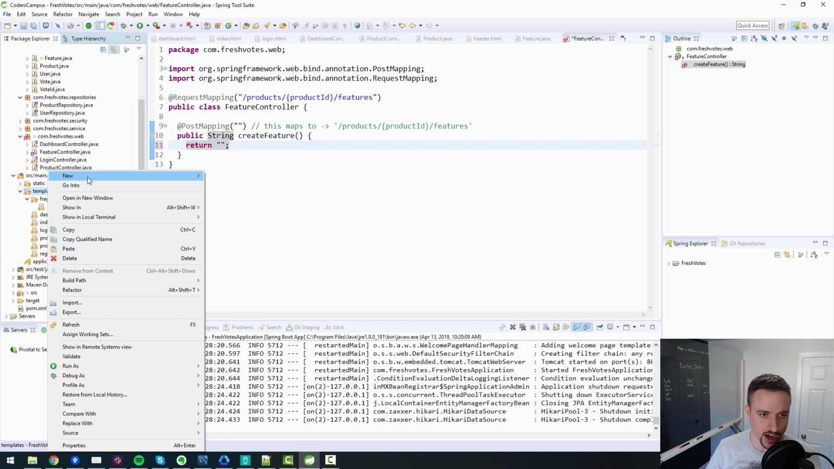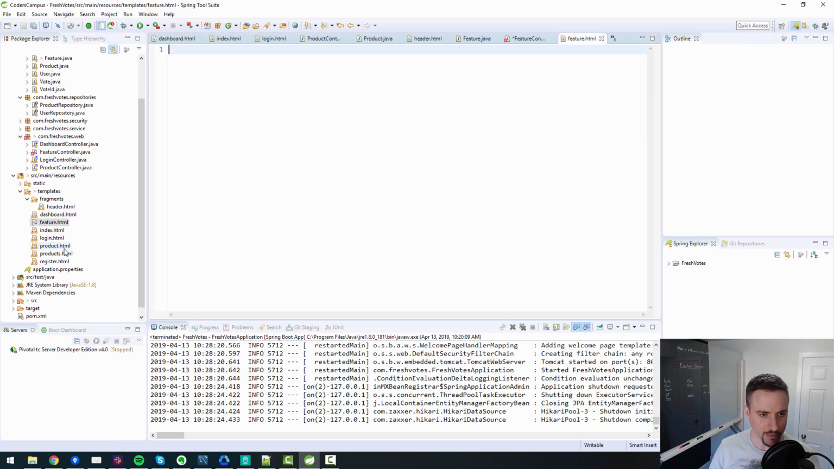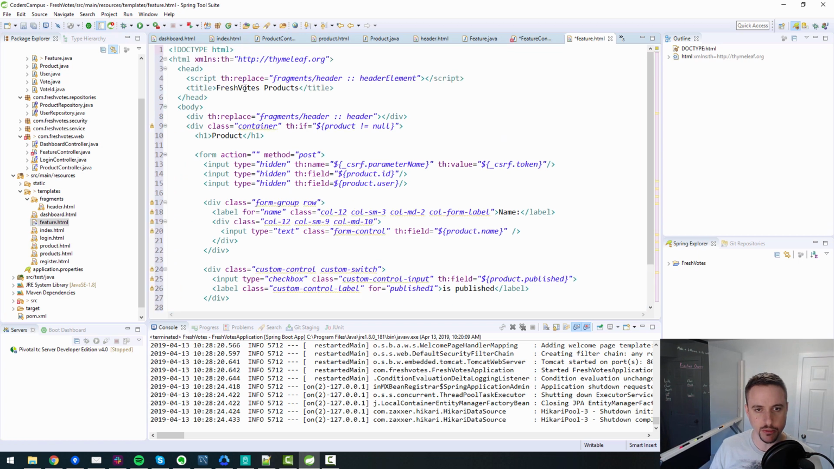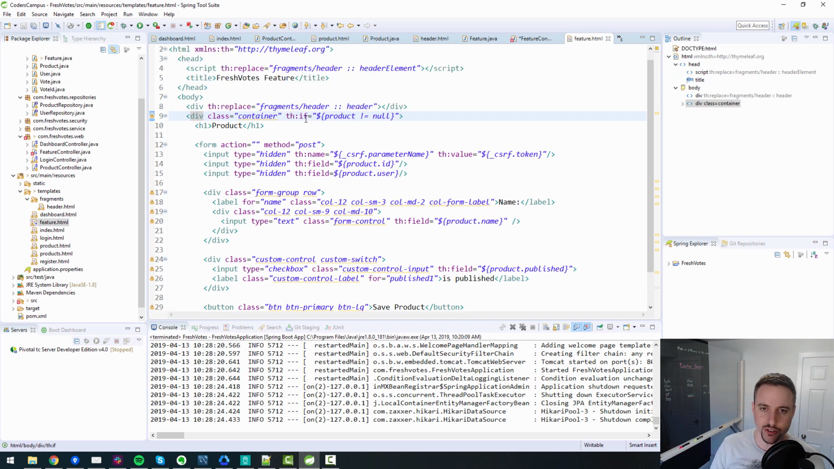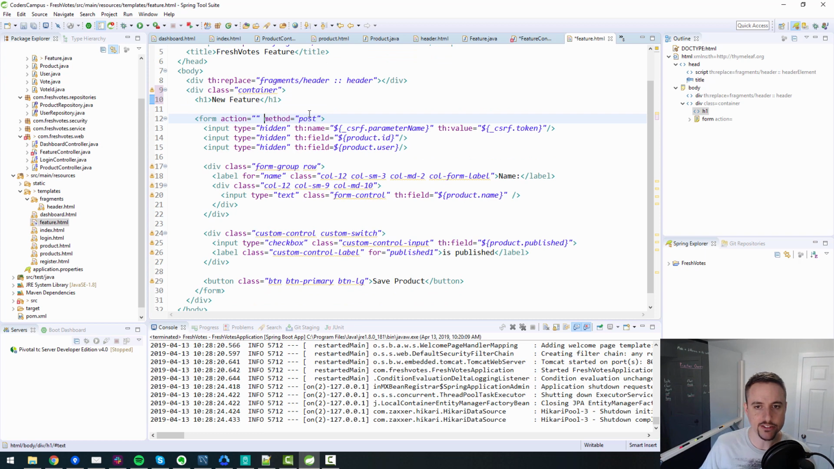Let me create that for now as a blank file. We'll call this feature.html. And let's copy it from product.html. Okay, so we'll make a feature, and we'll make it look like a product. FreshVotes feature. That's what we'll say. Container. We'll say if feature is not null. Well, feature should always not be null. So let's get rid of that, and then we'll call this feature. Say new feature, and then we'll have